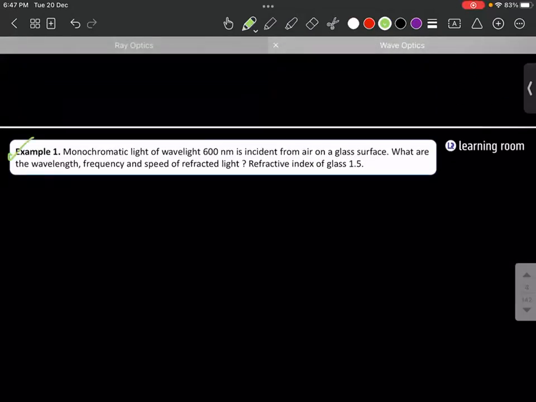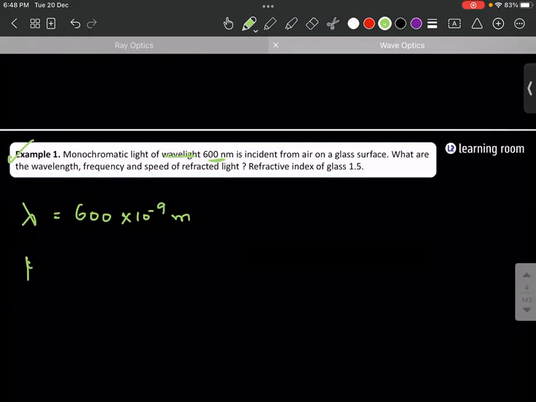Let's try this problem. Monochromatic light of wavelength 600 nanometer is incident from air on glass surface. What are the wavelength, frequency, and speed of the refracted light? The refractive index of glass is taken to be 1.5. So how to solve this? 1.5 will be equal to,